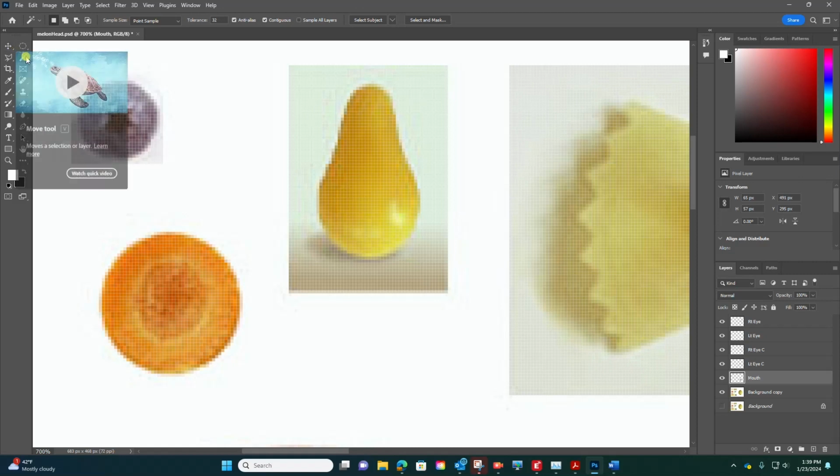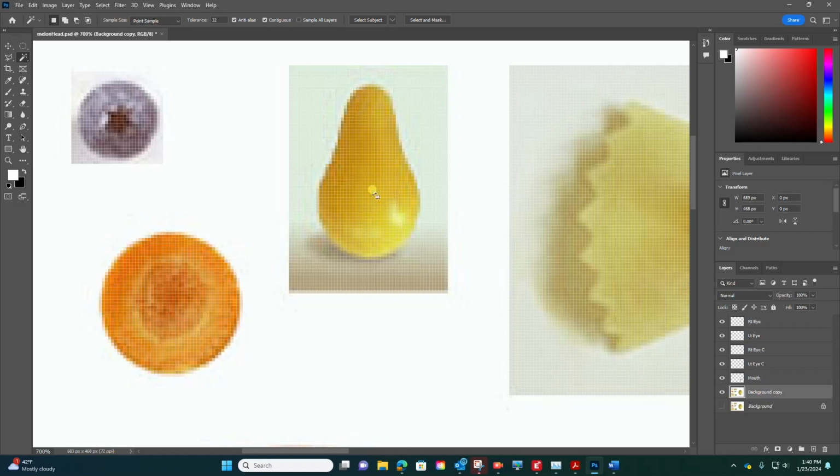It's usually faster to use these different other tools. But here's the magic wand tool. The magic wand tool works by selecting a color. Each pixel is a color. So if I select this, what it's going to look for is that color, and it's going to select the points within that color. So if I click here,